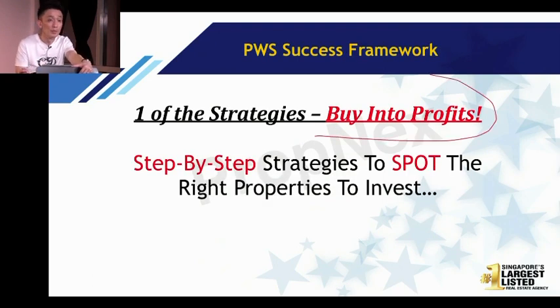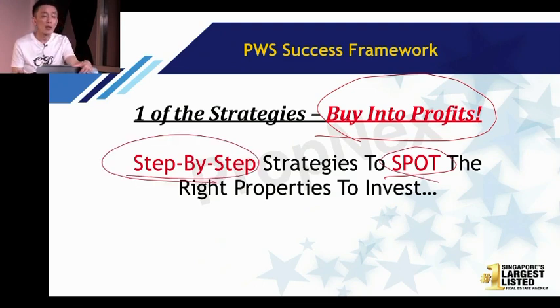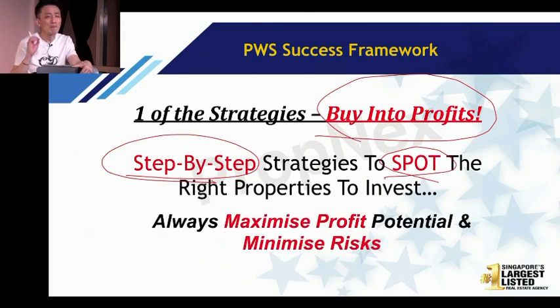Why do I say so? Because I buy already, people already pay that kind of money. So I know how to spot property, right? Step by step for the right assets. That's why I really want to teach every one of you this, how you can do this, how to maximize your profit and potential and minimize your risk. Because as I mentioned, I'm very kiasi to lose money. So I always learn how to make money through asset planning. And that is something that you need to learn.